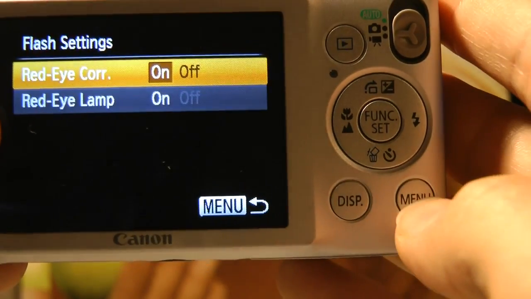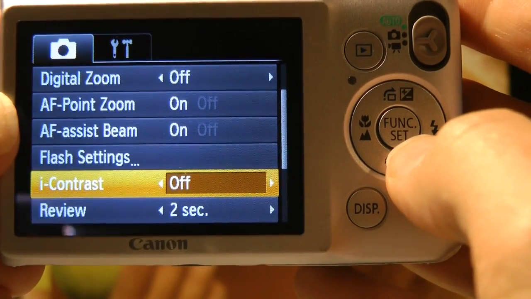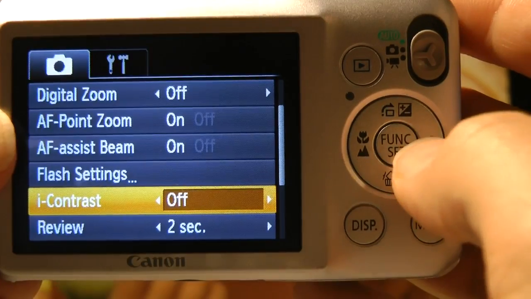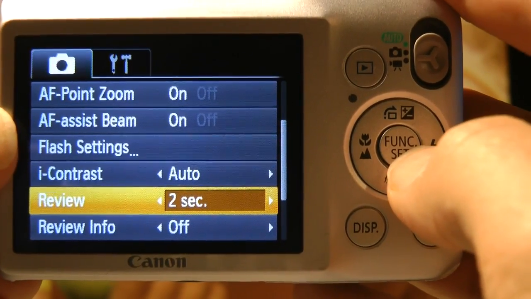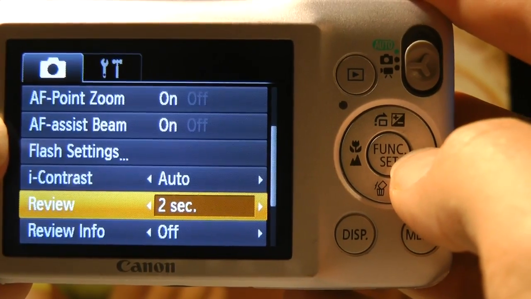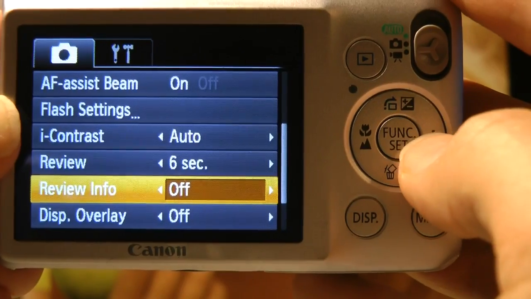This tells you down here that you press menu to go back. Eye contrast, which is intelligent contrast. The camera does a pretty good job, so I'll leave that set to auto. Review duration, 2 seconds isn't long enough, especially if you want to show someone else, so I make it 6 seconds. Review info,